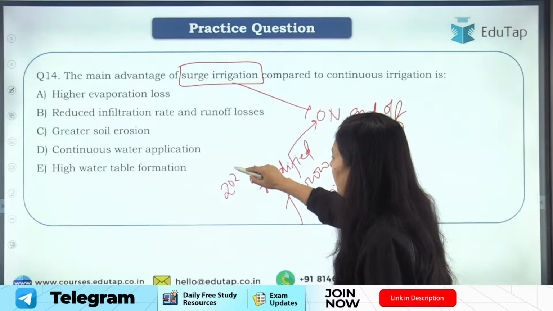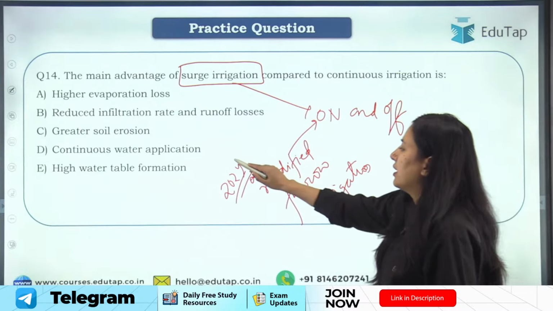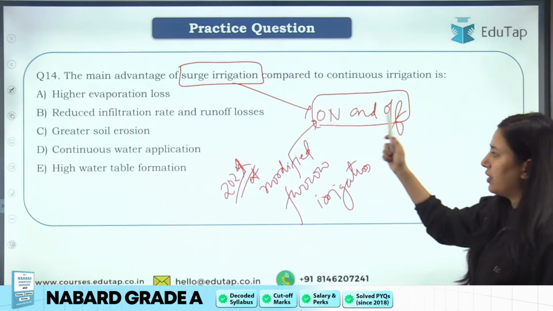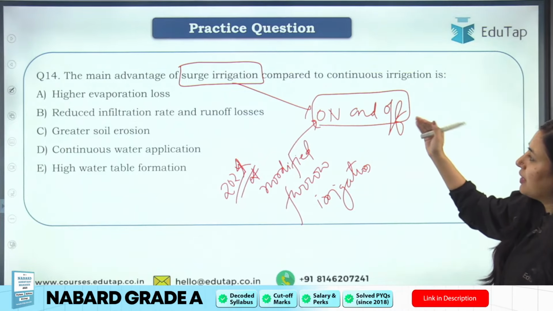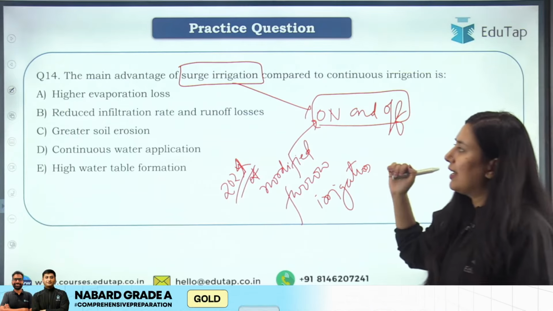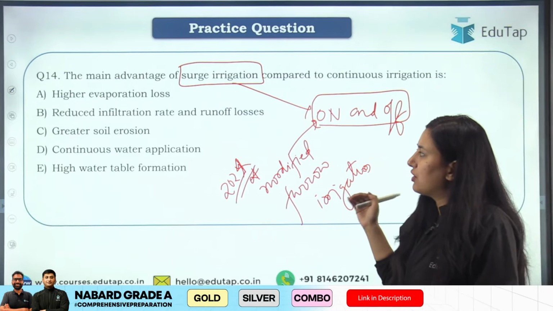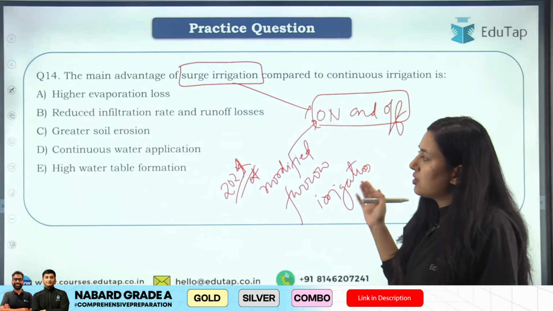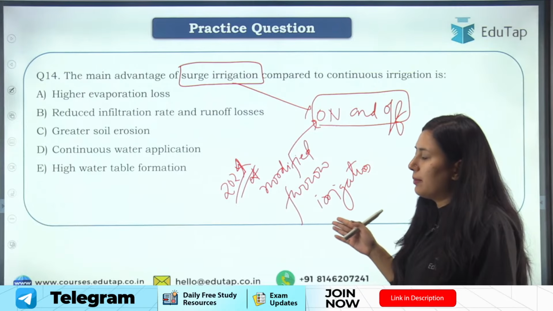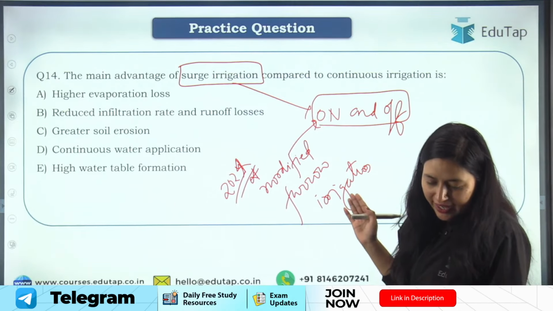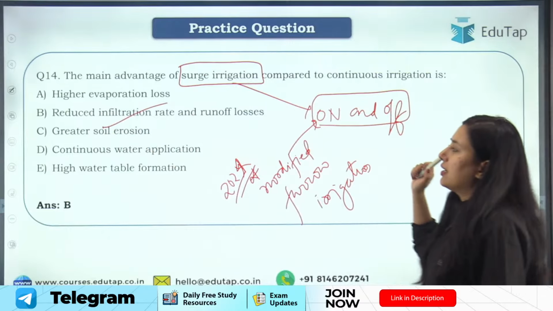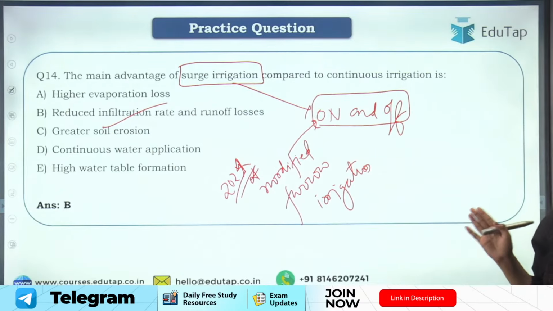ये आपका क्वेश्चन पूछा गया था 2024 में, ठीक है। मॉडिफाइड फॉर्म ऑफ फरो इरिगेशन को क्या कहते हैं? तो इट इज सर्ज इरिगेशन और ऑन एंड ऑफ टाइप ऑफ इरिगेशन, ठीक है। यू हैव टू टेल मी कि मेन एडवांटेज क्या है सर्ज इरिगेशन का। पहला है हायर इवेपोरेशन लॉसेज, रिड्यूस इनफिल्ट्रेशन रेट एंड रन ऑफ लॉसेज, ग्रेट सॉइल इरोजन, कंटिन्यूस वाटर एप्लीकेशन, हाई वाटर टेबल फॉर्मेशन, ठीक है। वेरी गुड, आई कैन सी राइट आंसर्स, यू ऑल हैव गिवन राइट आंसर, दैट इज गुड टू सी कि इट इज रिड्यूस इनफिल्ट्रेशन रेट एंड रन ऑफ लॉसेस, ठीक है।